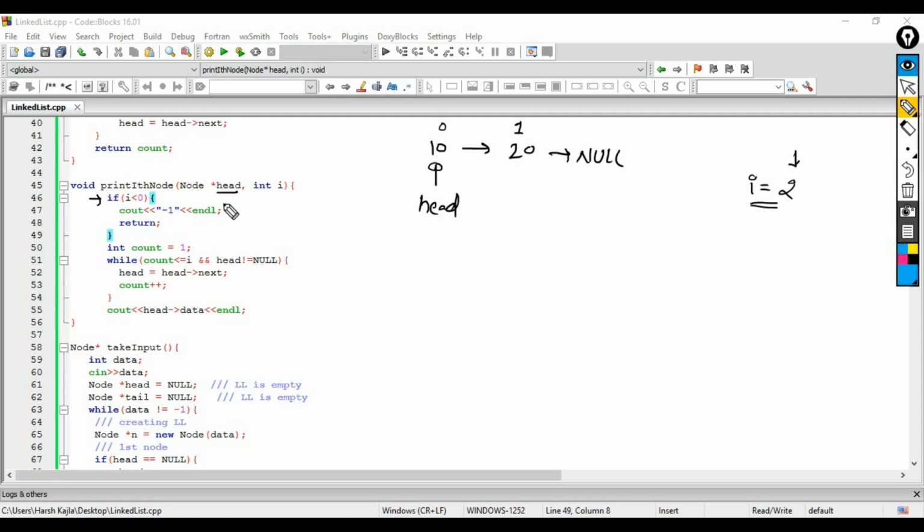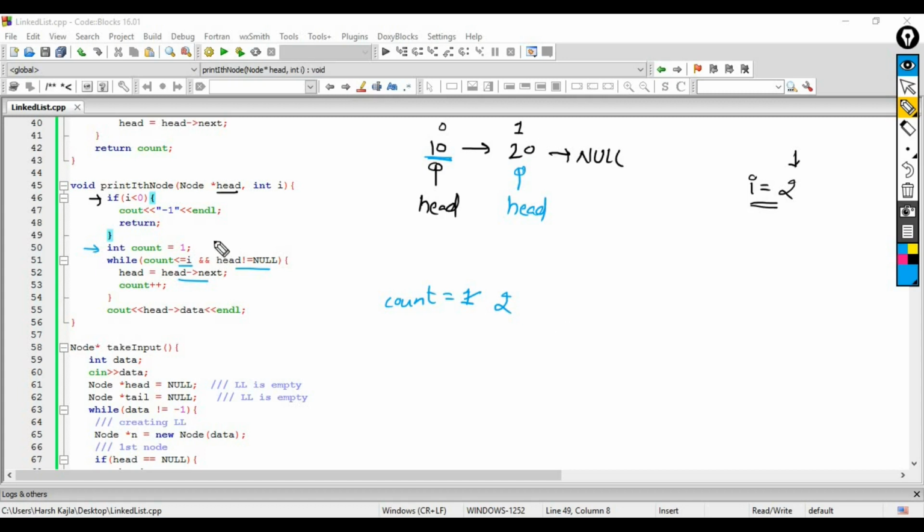Then count equals 1. Then 1 is less than or equal to 2, and head is not null. Yes, head is not null. Head equals next of head, so head will reach here, and count will become 2.